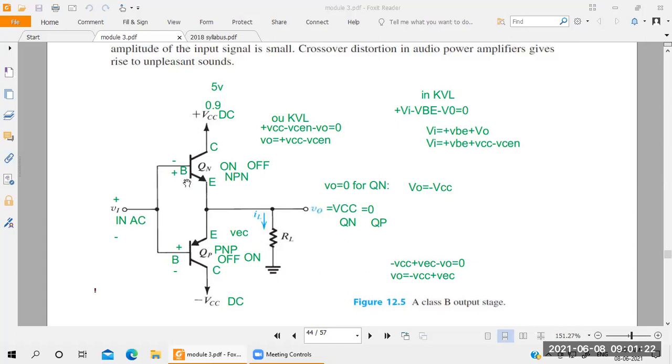See here, for the NPN transistor, if I apply positive voltage, it becomes on, because electrons are good for driving the positive. If I apply negative voltage for the PNP transistor, it will be on. Remember this: negative voltage for the PNP gives on condition, positive voltage for the NPN gives on condition. Suppose I apply negative voltage for the NPN, what happens? It will be off. If you apply positive voltage for the PNP, it will be off. Understood? So always take negative voltage for the PNP and positive voltage for the NPN for the on condition.